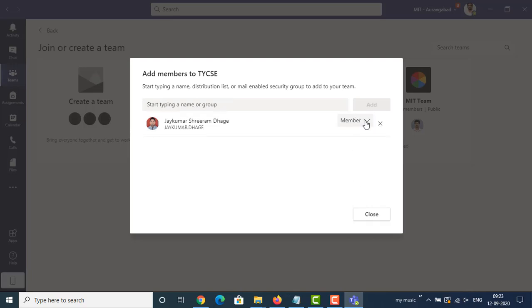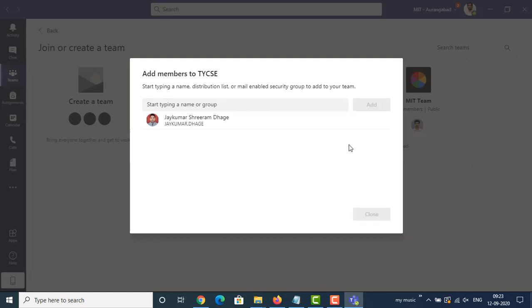Now we can also assign a role to all our team members. A role can be owner or member. So what we can do here is assign all the students inside the team a role as member, and all the teachers who are teaching that particular class, that particular team, we can assign a role of owner.